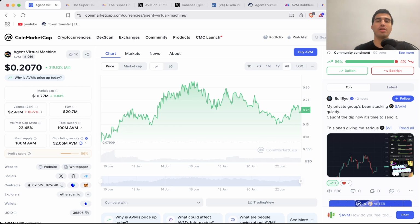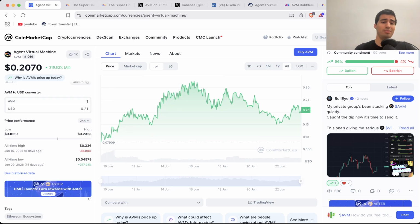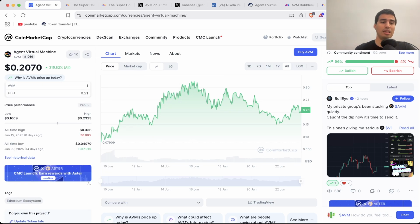It's a super low market cap coin, almost micro cap. It is only $10 million in market cap, volume 2.43 million, fully diluted valuation 20 million, and max supply is 100 million, with the circulating supply being 52 million. Anyways, it has had a huge run up. All time it is up 315%. From the all-time high, which was 8 days ago, it is down 38%, but from the all-time low, which was 14 days ago, which is basically when it first started, it is up